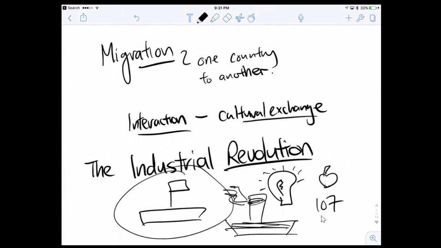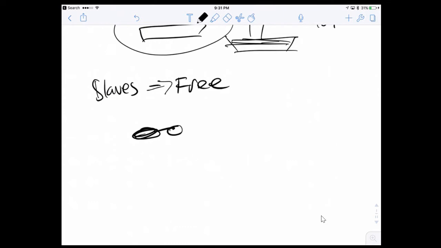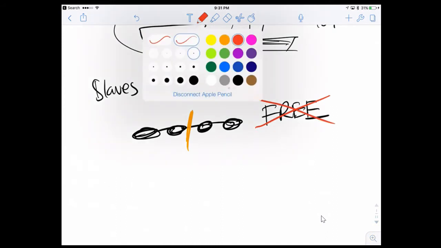because slaves actually work for free, right? So when you abolish the slave trade, when you break the chains, free from the slaves, what will happen? You will not have people who are working for you for free anymore, right? If you think you still can get people to work for you for free, think again. So you can't. So what happened?